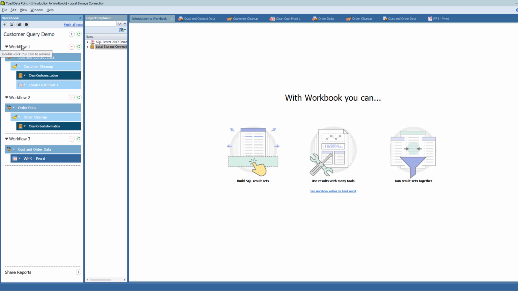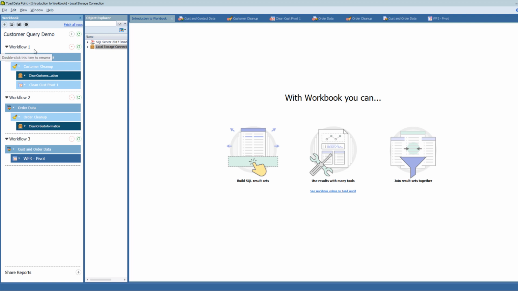And then within this workbook, the user has created 3 workflows. Workflow 1, 2, and 3 in this case. They haven't renamed those workflows, although you certainly could do it. So when you think about workbooks and workflows, I like to think of it as like an Excel workbook concept where the workbook itself is the file, but inside that file of Excel, for example, you have sheets, right? So you have different tabs of data. Same kind of thing for Toad Data Point Workbook, but over on the left, we show it in a tree